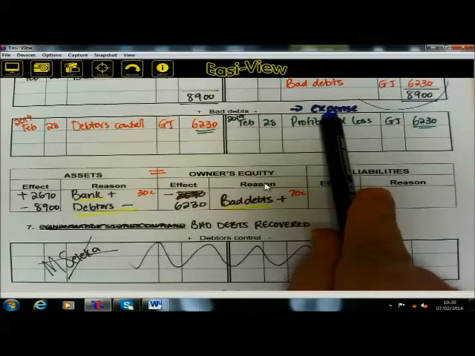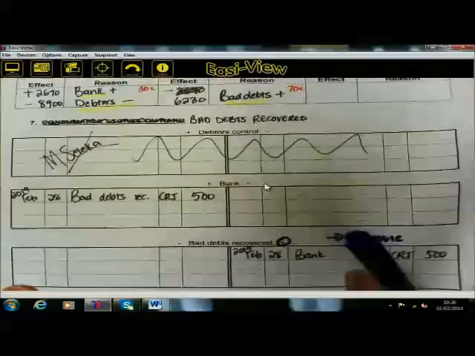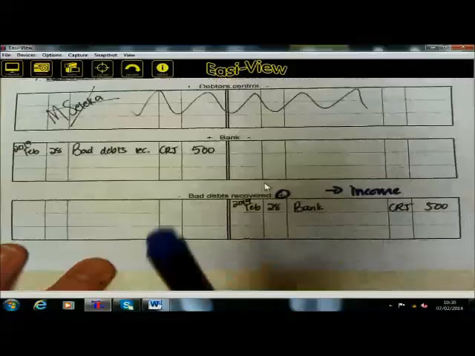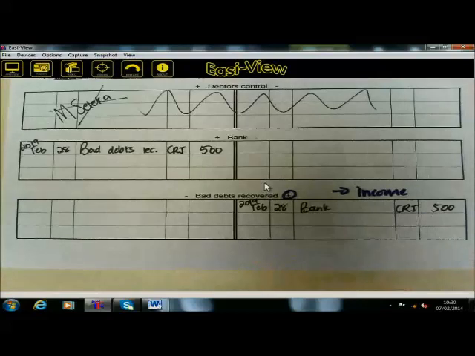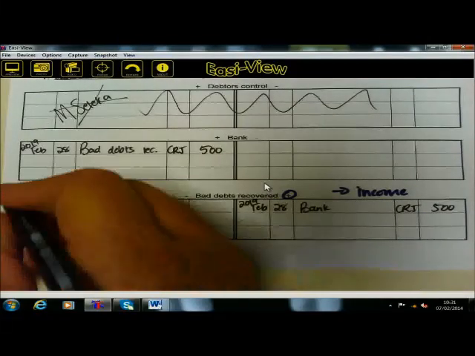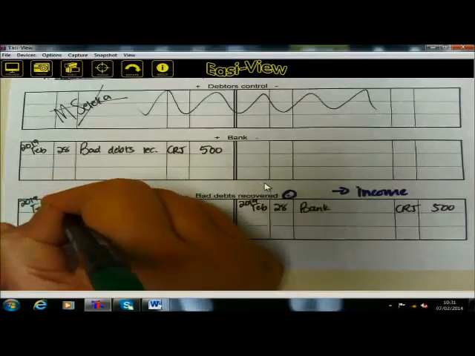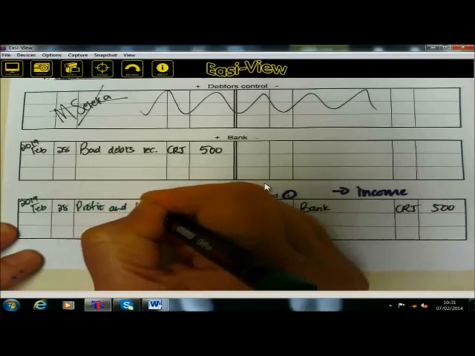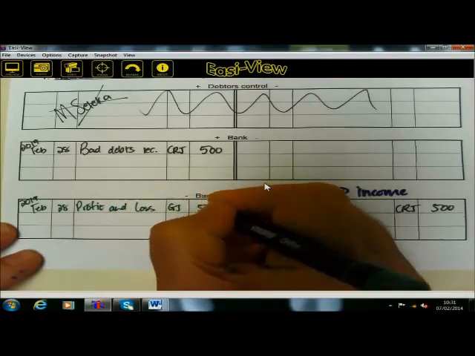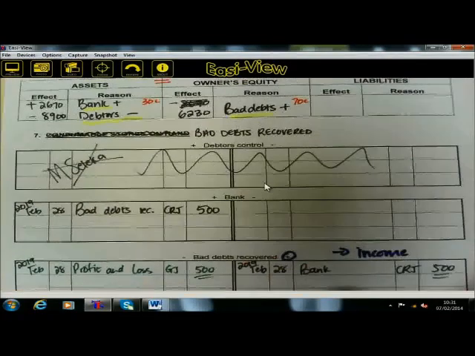Now the debtor comes back after a few days or a few weeks and the debtor brought us money, then we don't show it in the debtors control, but we show it in the bank. And we show it on the credit side of bad debts recovered as an income. This one we take to the profit and loss account. And we've got 500 Rand in the bank. Remember, no debtor.